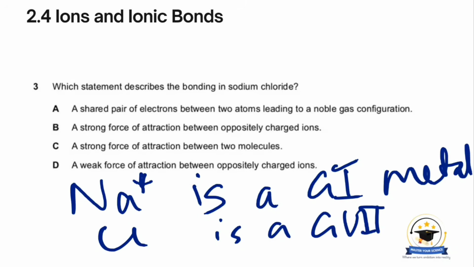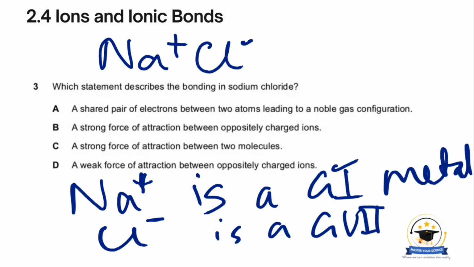Then chlorine will prefer to gain an electron to achieve the noble gas electronic configuration, because it has 7 electrons in its outermost shell. It gains 1, and then there will be 8, so it will have a negative charge. So when there's a single positive or negative charge, you don't need to write the 1. You just write either positive or negative. So you've got Na+ and Cl- for the chloride ion. So these two oppositely charged ions, Na+ and Cl-, will attract each other, and